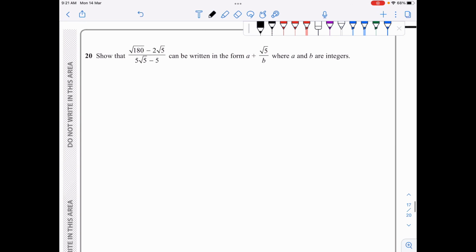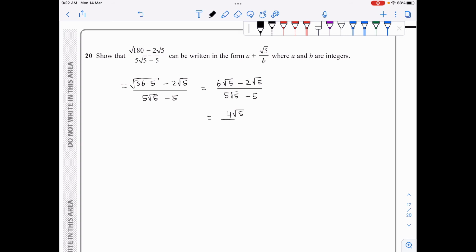Question 20, we need to show that the root of 180 minus 2 root 5 over 5 root 5 minus 5 can be written in that form. I will actually start off by writing 180 as 36 times 5, because 36 has a nice root. And then we will say that the root of 36 is 6. So this is 6 root 5 minus 2 root 5 over 5 root 5 minus 5, which leads to 4